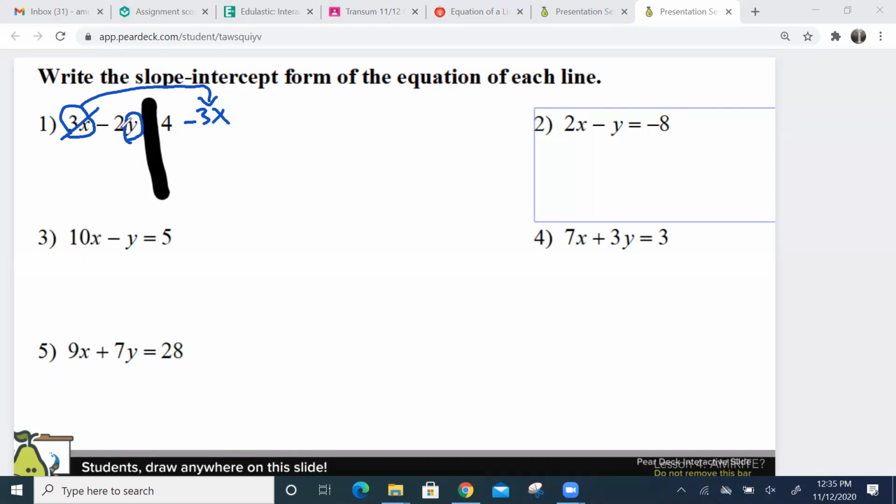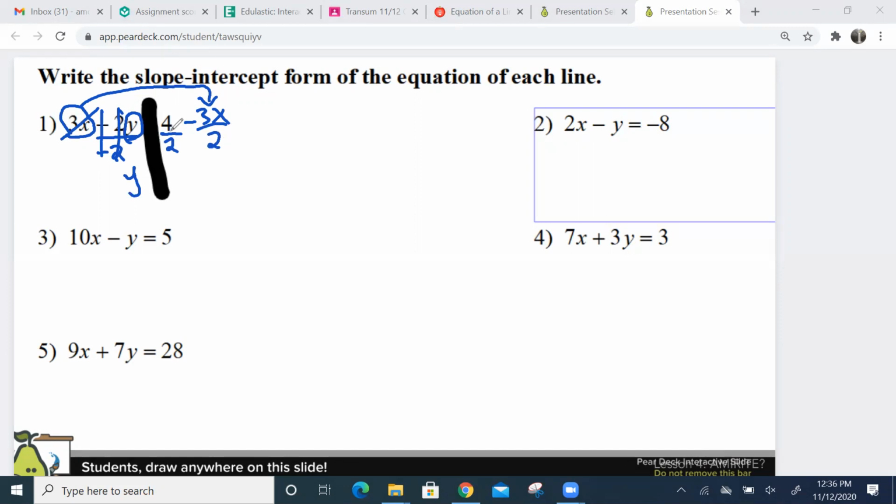Next thing I want to do is divide everything by negative 2. If that's a positive 2, then you just divide by 2. If it's just a positive y, then you don't do anything, okay? You just rearrange the other side, and that's it. But if you want to get just the y by itself, dividing by negative 2 makes it a 1, so that gets the y by itself, okay? And I have to divide everything also by negative 2,